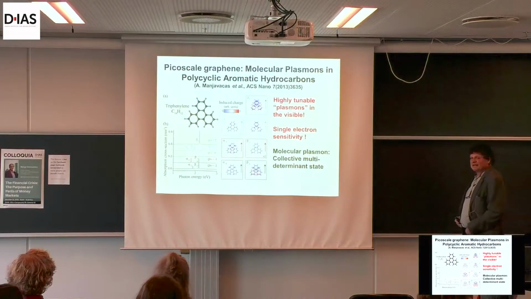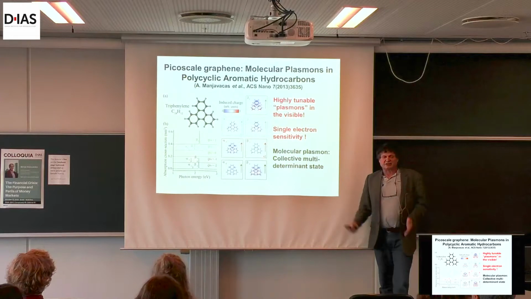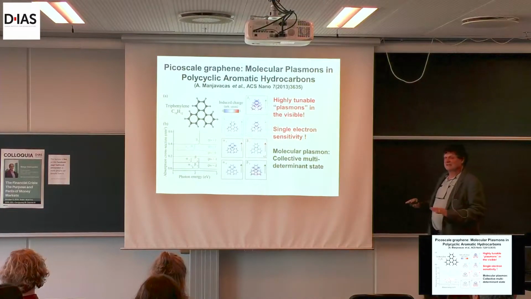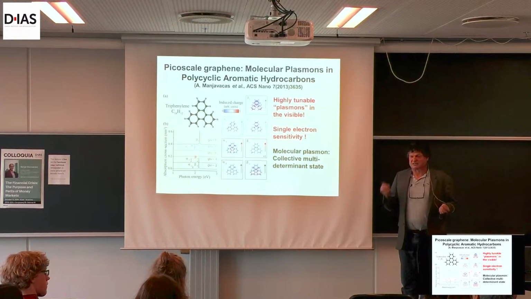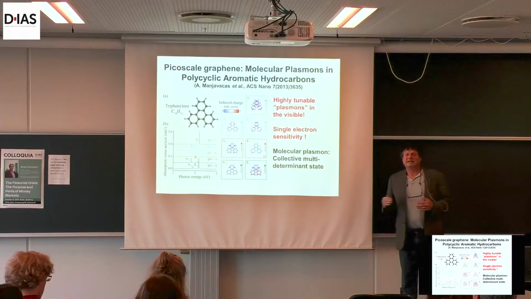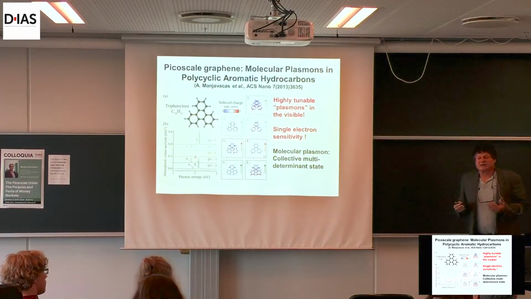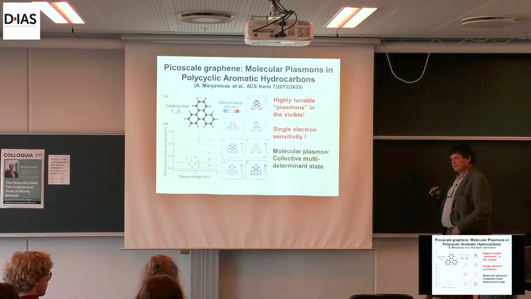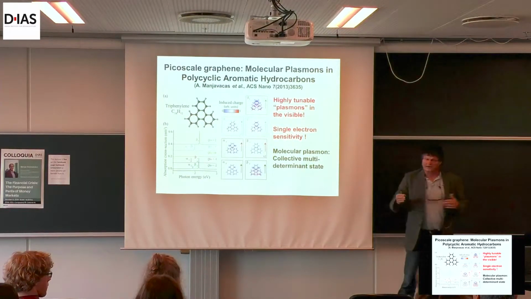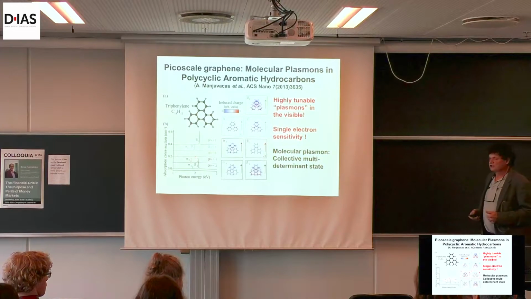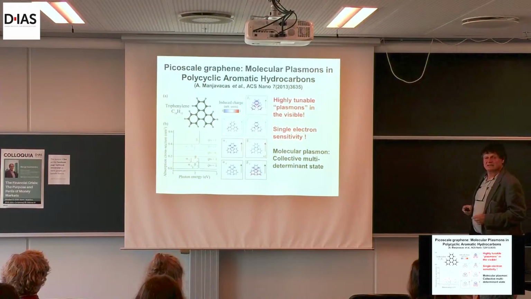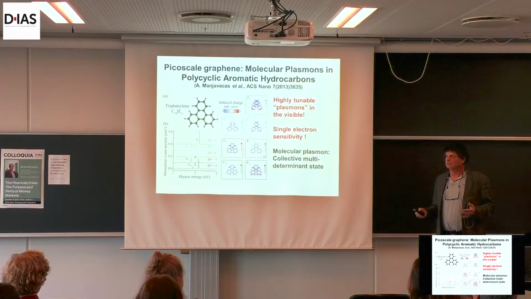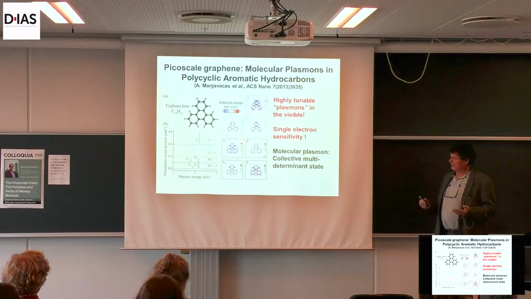One of the reasons I've been such a big admirer of Asker for many years has to do with quantum plasmonics. But it's a little bit too much formalism, so I decided to skip that subject and focus on another related topic called molecular plasmonics. I said before that metallic nanoparticles can have plasmons, this incompressible motion of the conduction electrons. But certain molecules can have plasmons too. They are quantum mechanical plasmons. We cannot use E&M to describe them, but they have the properties of plasmons that we like.